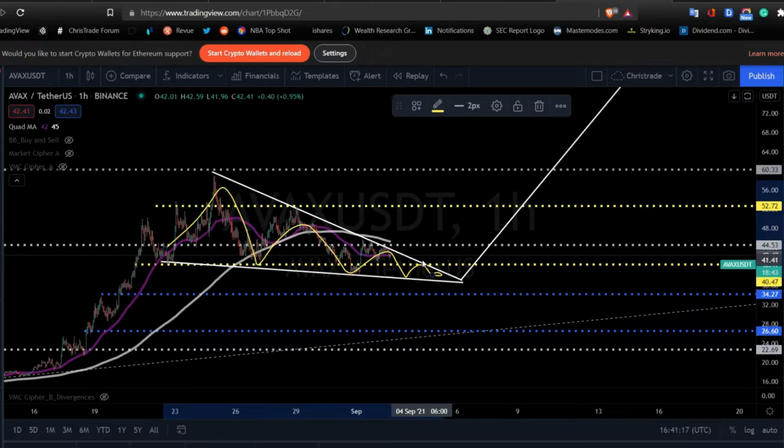Another way to trade this is to wait for it to get out of here and then start entering your trade. However, there's still a little bit of risk here because it could be a false breakout and then fall back in here. It's the same thing in here. You are taking that slight bit of risk, trying to bounce, and then this whole thing could completely collapse and drop down. So understand there is a little bit of risk there.